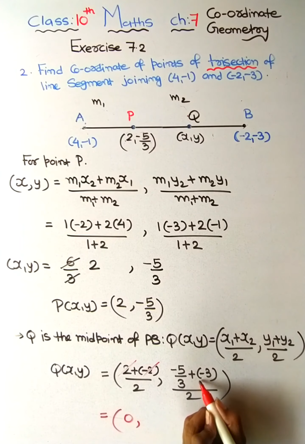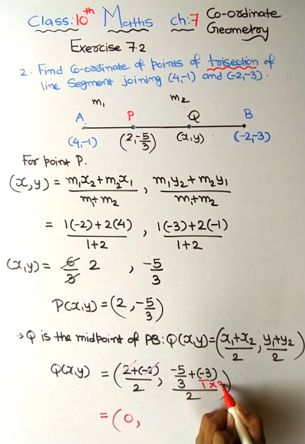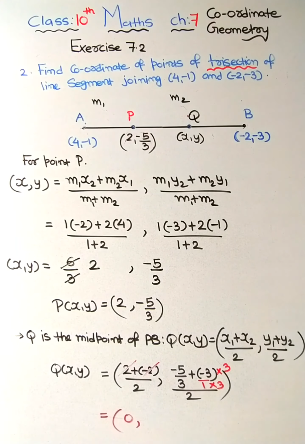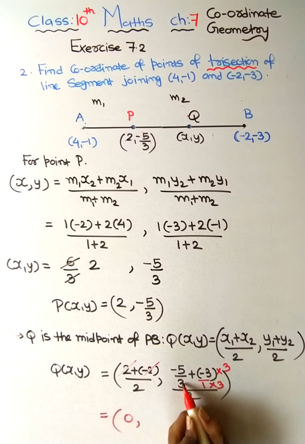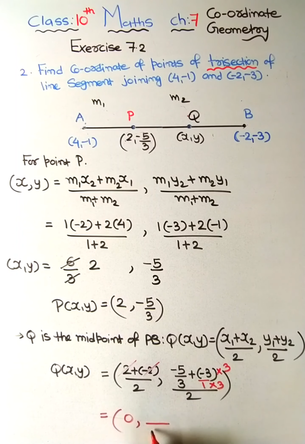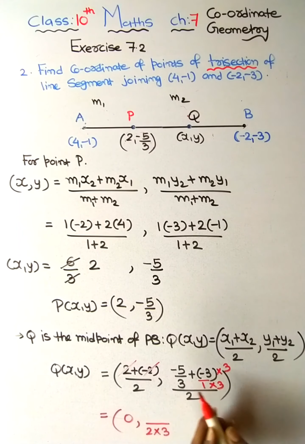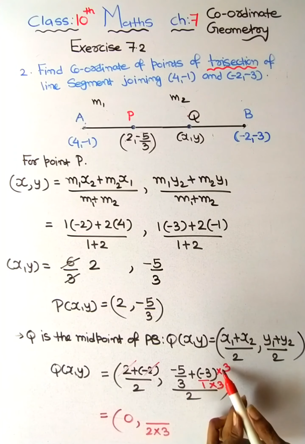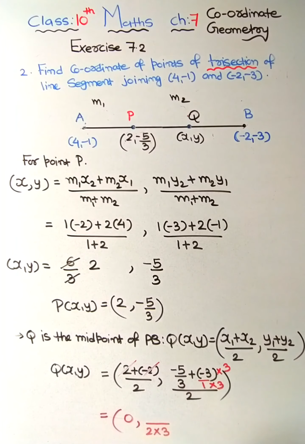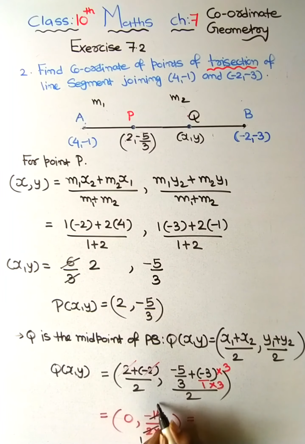Over here we need to do the LCM, so multiplied by 3. Our final answer, if you see, is that this 3 in the LCM will go downwards. It will be 2 into 3. Here you can see minus 5 and minus 3 into 3, that means minus 9, and minus 5 will become minus 14. Here 2 and 14 are cancelable, so we will cancel them both. 2 1s are 2, 2 7s are 14.